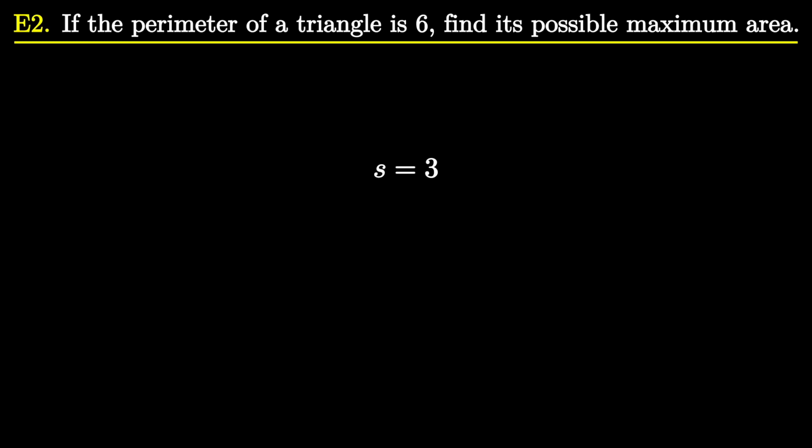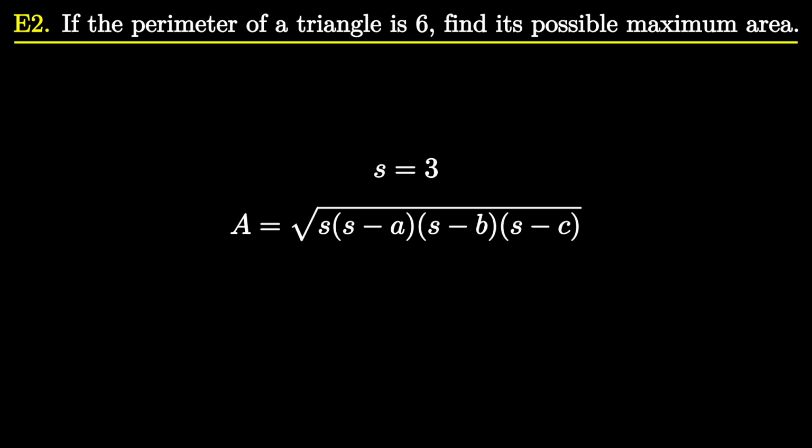Since we need to maximize the area, we write a function for the area A in terms of the side lengths a, b and c. This can be done by using the popular Heron's formula. We have the area function A in terms of a, b and c. But as we already noted, side lengths are not easy to deal with, so we again take resort in Ravi